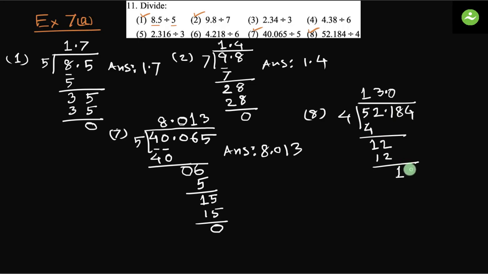So now bring down the 8. 4 into 4 is 16. Deduct from 18, it is 2. Bring down the next digit, 4. 4 into 6 is 24. Deduct 24, it is 0. The answer should be